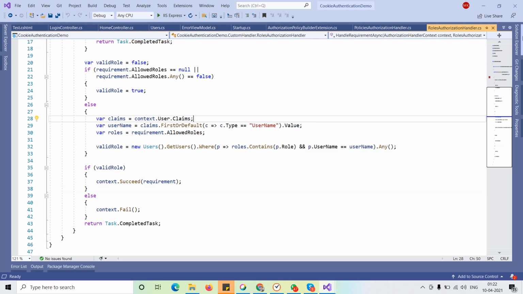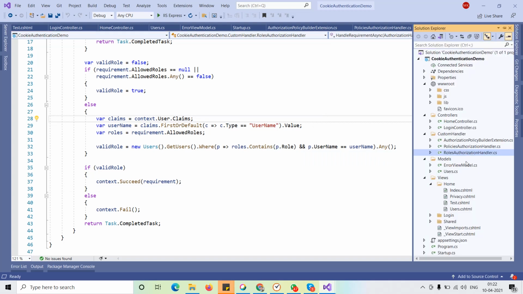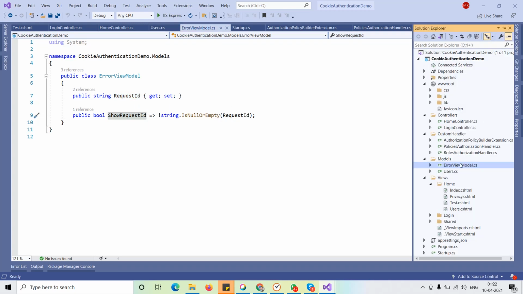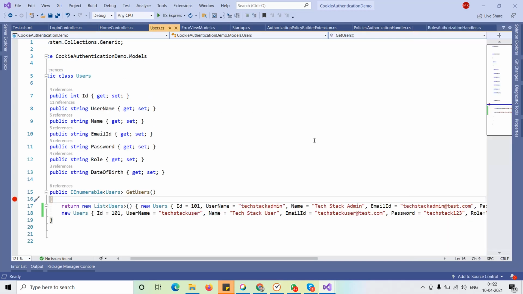Okay, let me explain this. I have created two models. One is the error view model, where you can check the request ID and get true or false. Second is the user model, where I have created a method for listing the users.